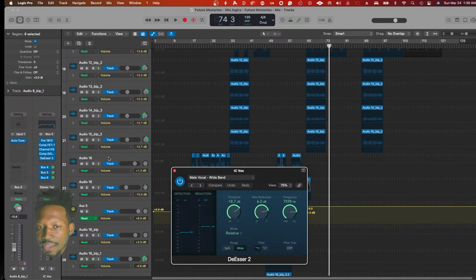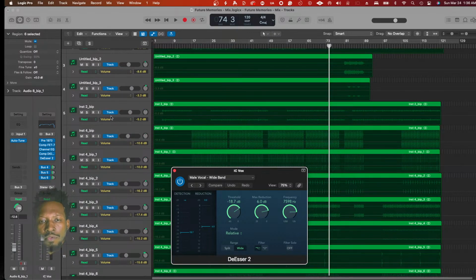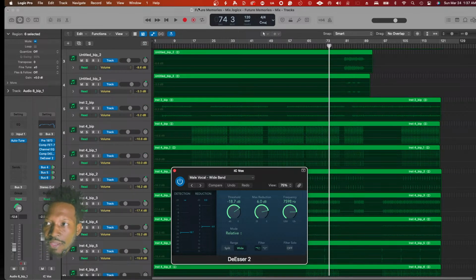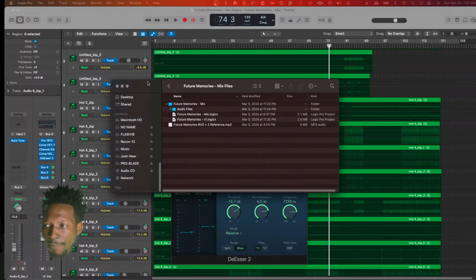So I'll take all of these sounds, and then I'll bounce them all out. So in this case, I bounced all these sounds. Let me see if I have the folder. I could possibly show you how I bounced it down to stems to be used. Let me see if I did that on this session here. So a lot of times, just to bring this over here,